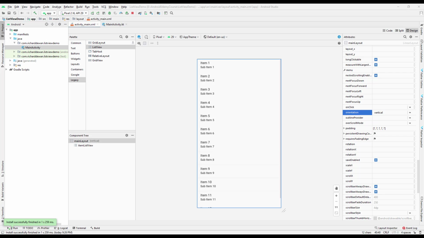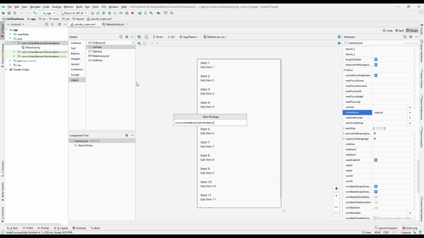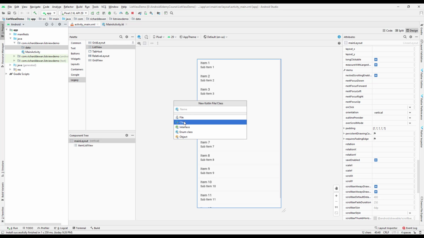Hi there, and welcome back. Let us continue and see some of the customization that we can do to our list view. Let me create one new package over here, and I will call it data. And inside the data package, let me create one Kotlin class over here, and I will call this one student,